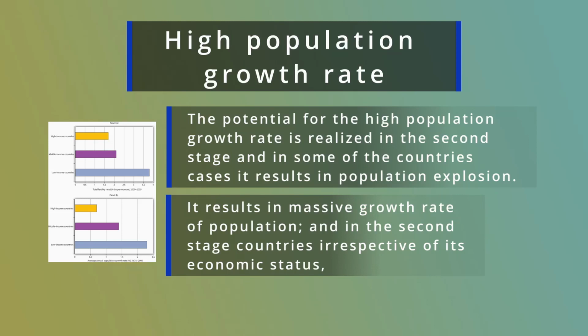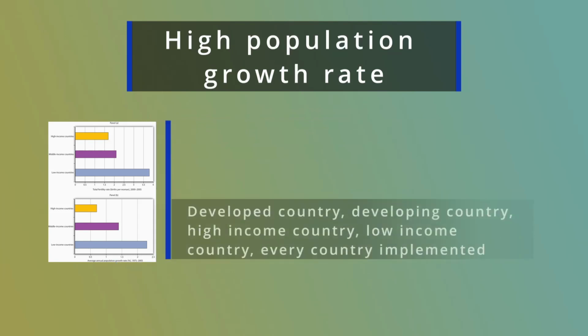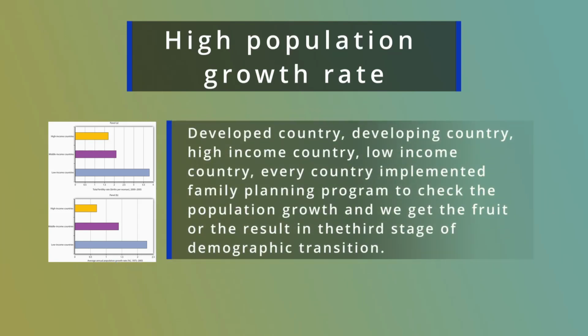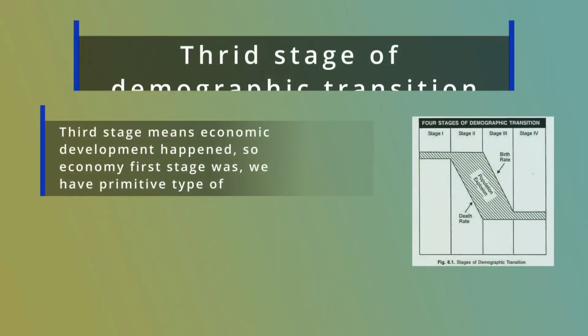And in the second stage, countries, irrespective of their economic status, developed country, developing country, high income country, low income country, every country implemented family planning programs to check the population growth, and we get the fruit, or the result, in the third stage of demographic transition. Now third stage means economic